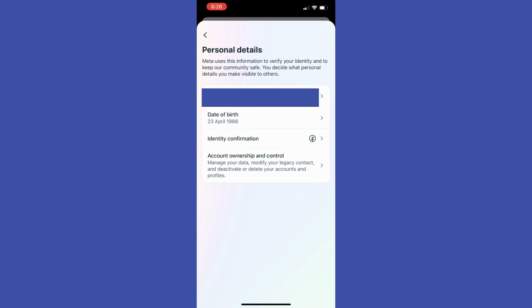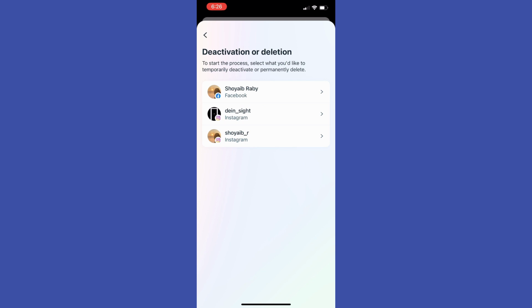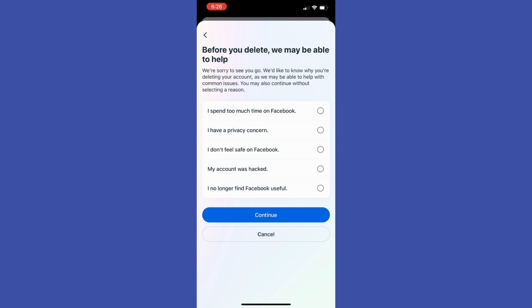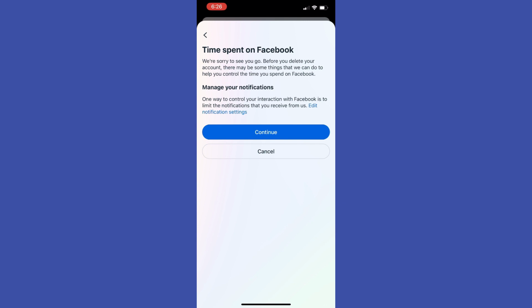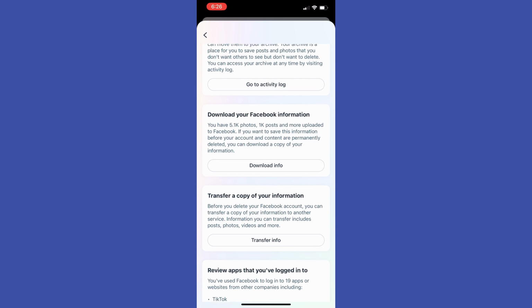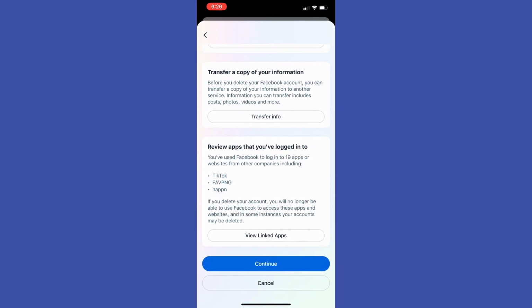Then choose an account you would like to delete. I have just one Facebook account here, so I am going to tap on it, select delete account, then continue. Right from here you can choose any option. I am just going to pick the first one and continue. Scroll down to the very bottom, continue again. On the setup, we need to enter our Facebook password. Once you have done that, just tap at continue, and that is the final step where we need to confirm